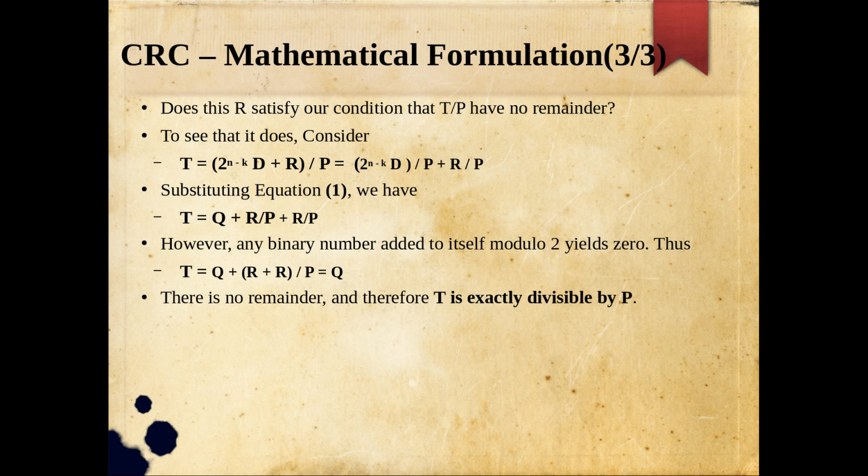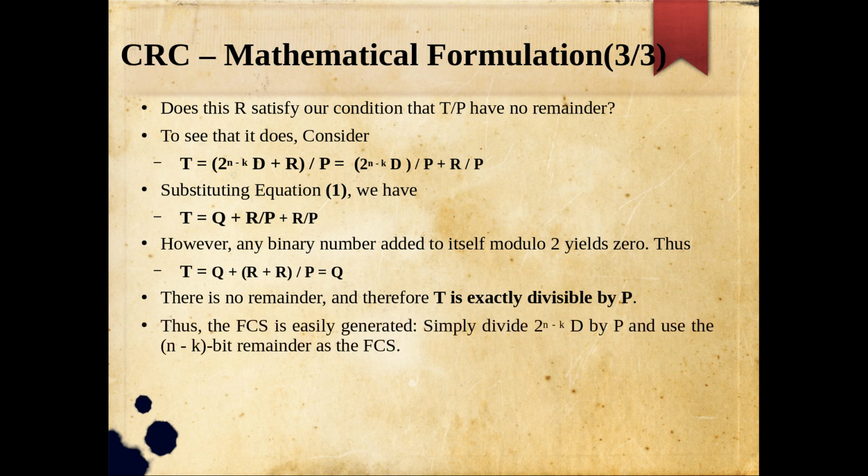Okay, but we have shown here that if there is no remainder, definitely it is what was sent by the sender. But we know in some other situations it can happen that you are getting some binary sequence that is not equivalent to Q, or you are not getting any remainder, but still an error occurred. So that is our residual error. We can cleverly choose our special binary pattern and try to minimize that residual error. That's all, but it is not possible for us to completely eliminate it.